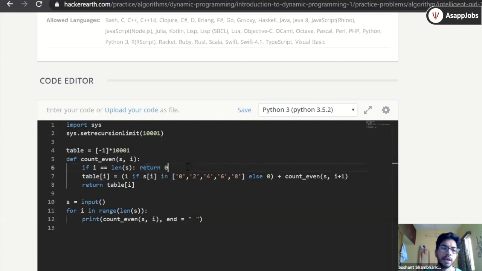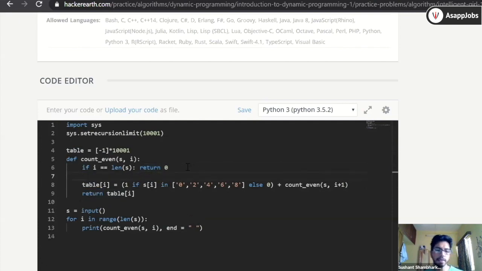So just after the base condition, add a check here. Check whether this table entry has been filled already. If it is not equal to -1, where the default value is -1, that means that call has come before and we have already calculated this value.